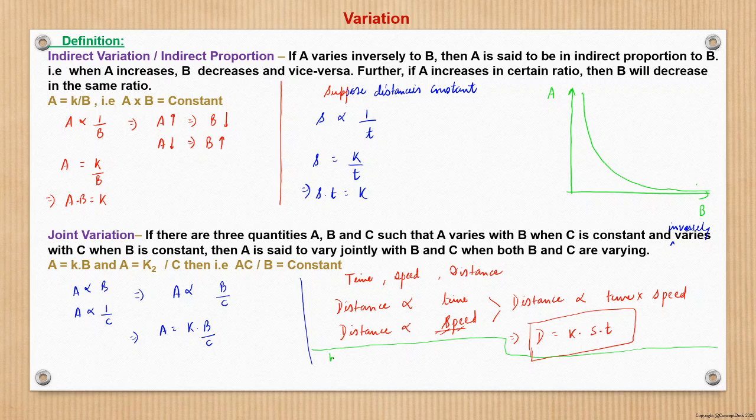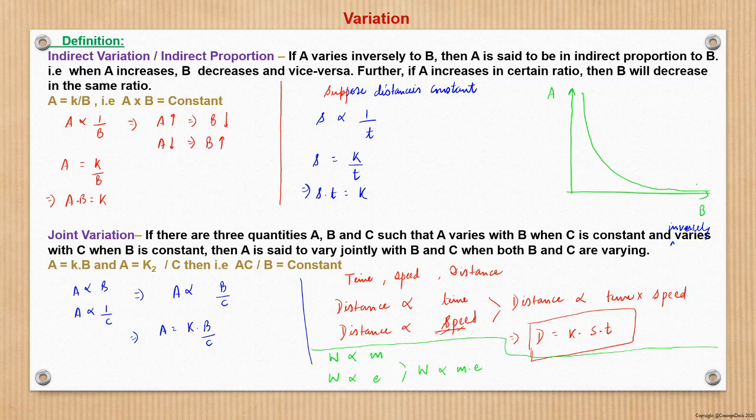Suppose the amount of work varies directly with the number of men, and the amount of work varies again directly with the efficiency of a man. If a man is more efficient, more work is done. So here it says that work is proportional to both M and E, where M is men and E is efficiency.